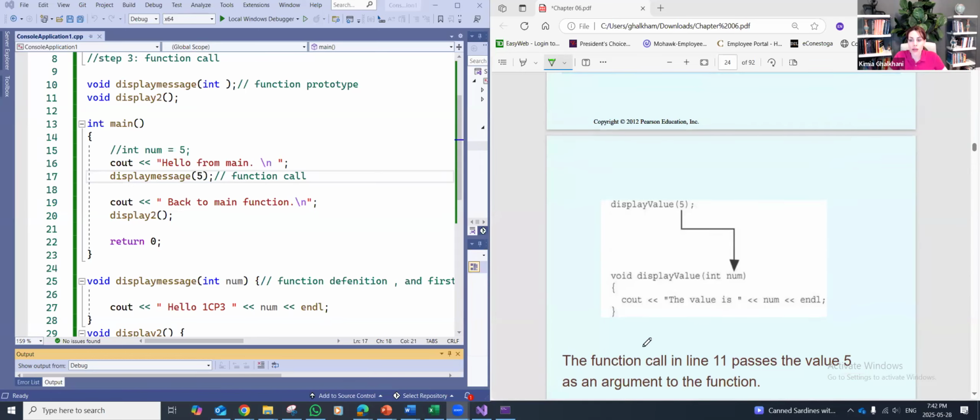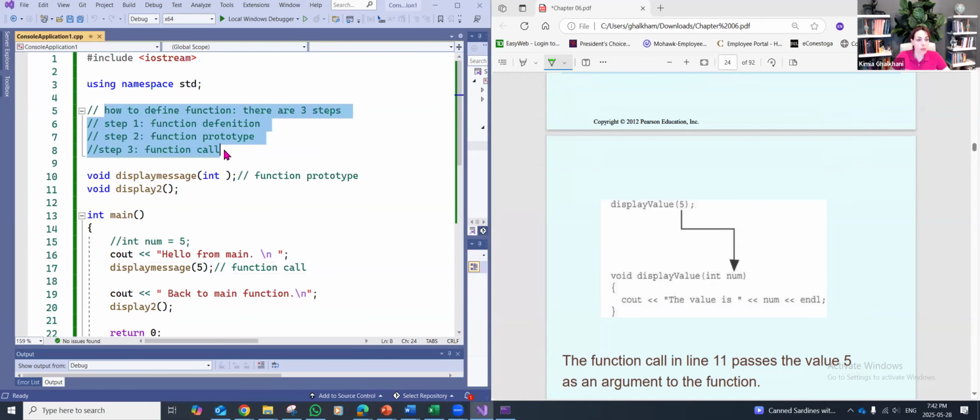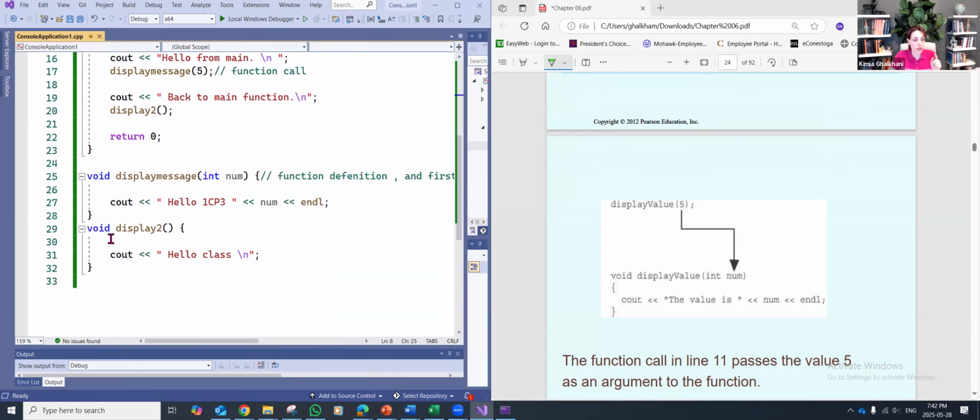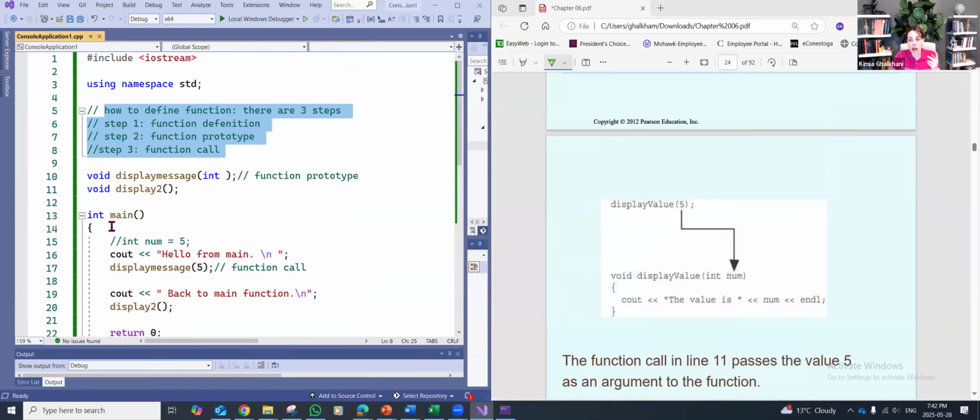So far, we have discussed how to create any function in 3 simple steps. I'm going to quickly repeat. These are the steps. You need to go through the function definition. The function definition could be either before main or after main, but best practice is always keeping it after main, because look at here, I do, for example, have only 2 extra functions. In case you do have many, many more, then you can just scroll all the way up and call it inside the main. Otherwise, you have to each time scroll down to find main and call that